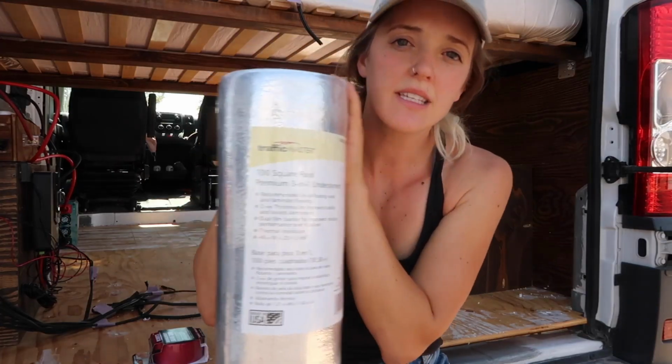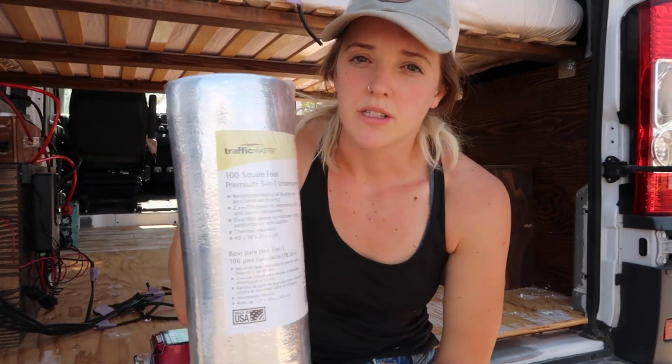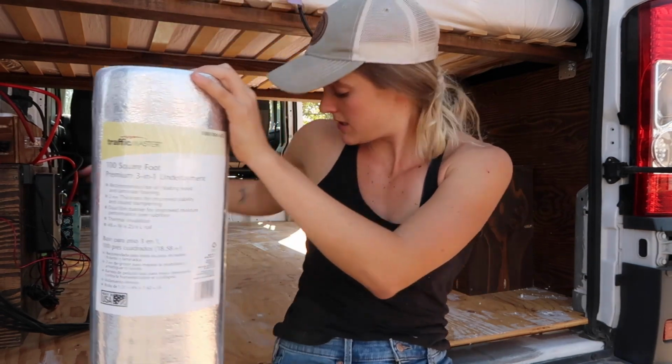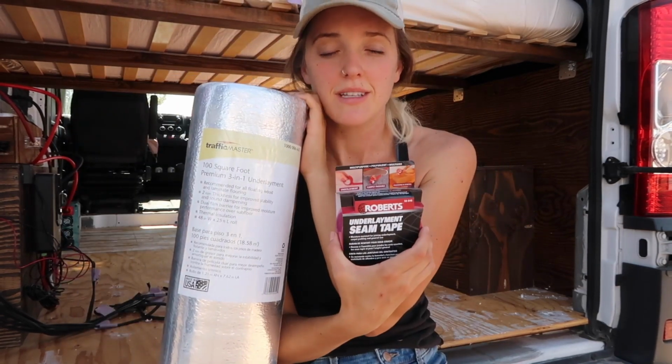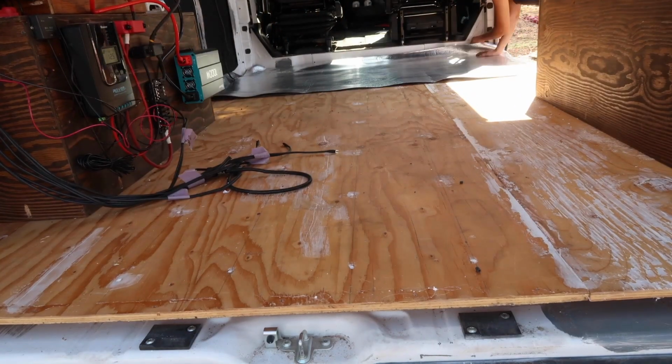I ended up picking this Underlayment. It was a tad bit more expensive than some of the other stuff just because it has this thermal insulation added. So I picked up my Underlayment as well as some Underlayment seam tape, and I'm gonna go ahead and do this. For as long as I can,